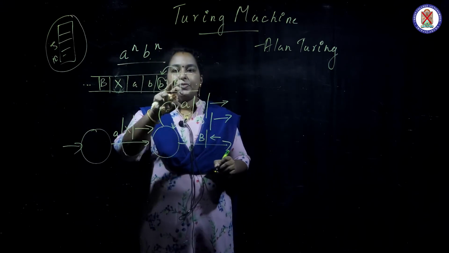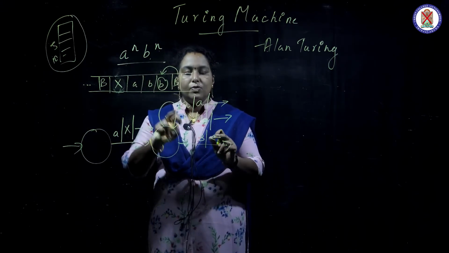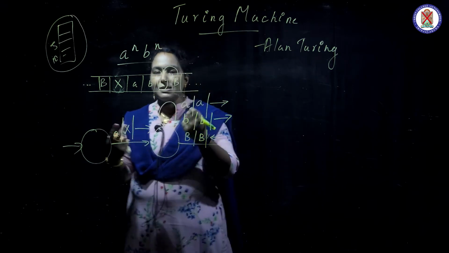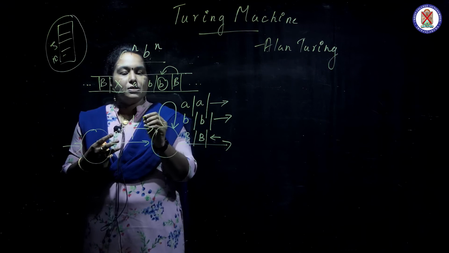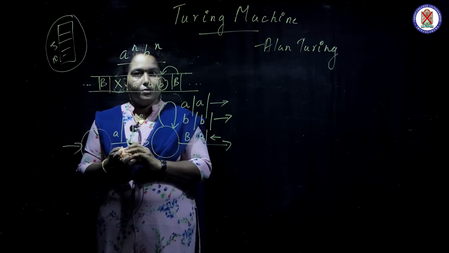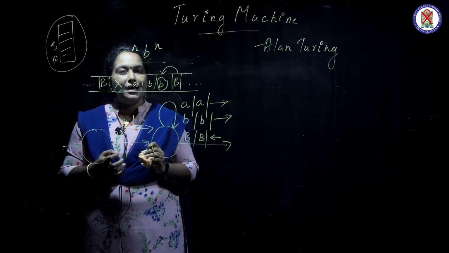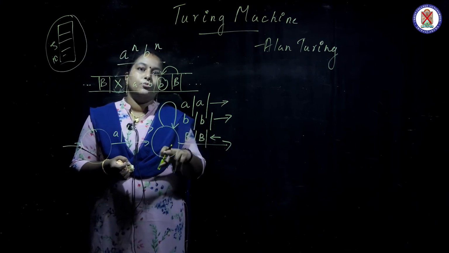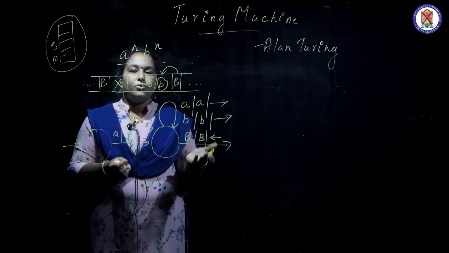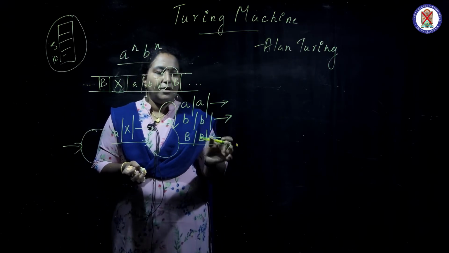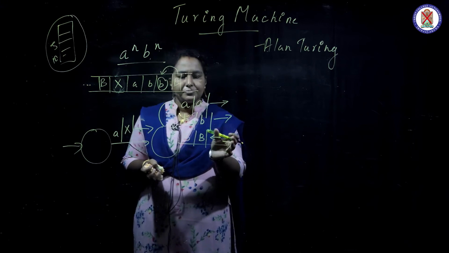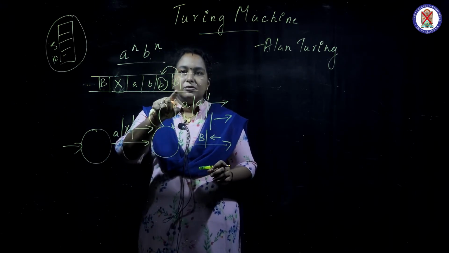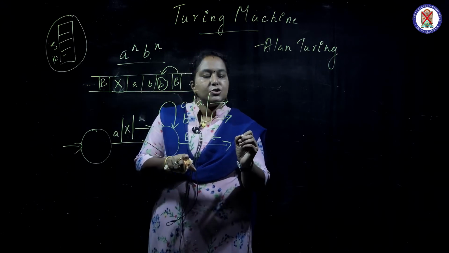I make it as blank and move backward, meaning move to the left, so a left arrow. You can write here; in some textbooks R and L are also used, but when you show the direction with arrows it will be very easy. When you move forward, a forward arrow; when you move backward, a backward arrow, or you can write the letters R and L, but I think this will be very easy. When I see blank I move backward. Next, what I have to do,